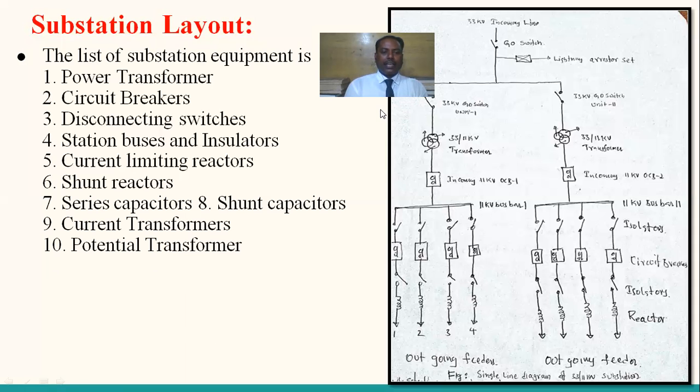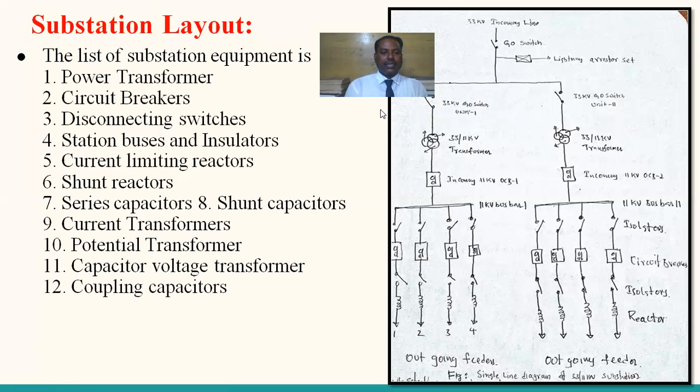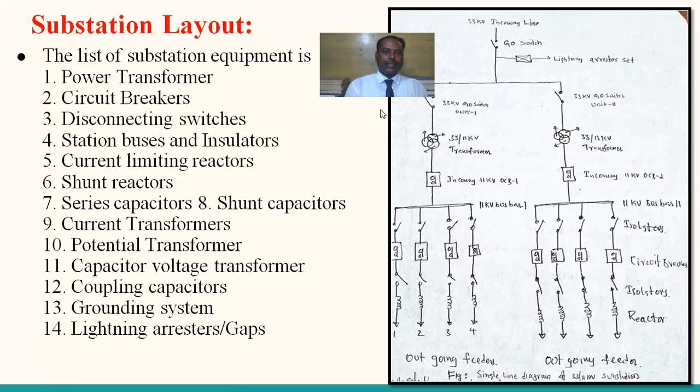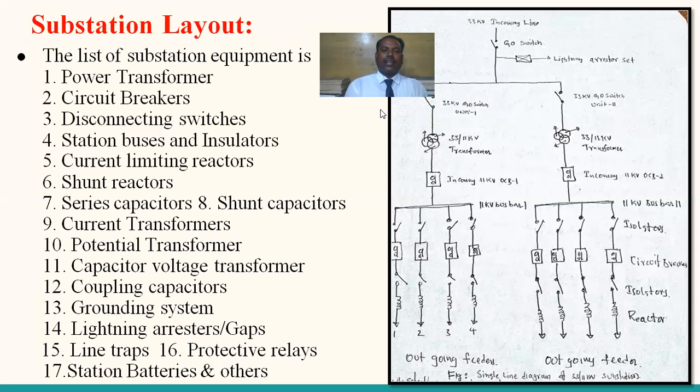And similarly, capacitor voltage transformer, coupling capacitors, grounding system, lightning arresters or gaps, line traps, protective relays, and station batteries and others. So you see here, whatever equipment is to be listed out in the substation, all the equipment comes under this layout. So this topic is particularly substation layout and the list of the